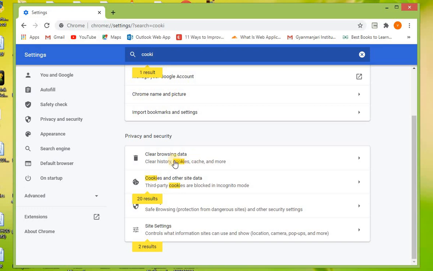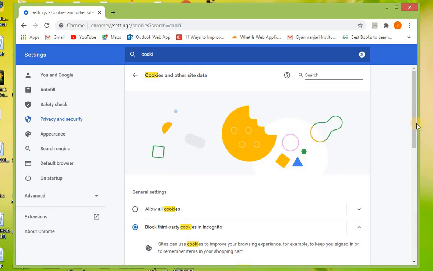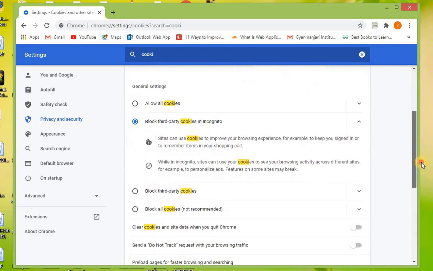In browsing history, there is an option whether you want to clear your cookies also or not. Now you can see these are all the other options. Now if I click on this, you can see these are some settings provided by your web browser.